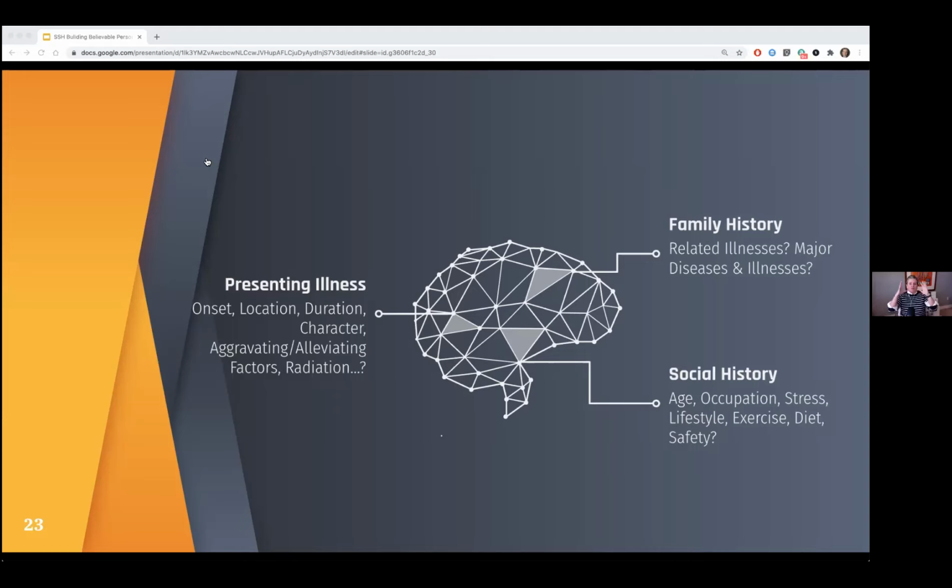So you want to have all your answers for your chief concern or your purpose of visit, but you also want to be mindful of all these other diagnoses that the learners are going to explore as they rule out various diagnoses in their clinical reasoning process.